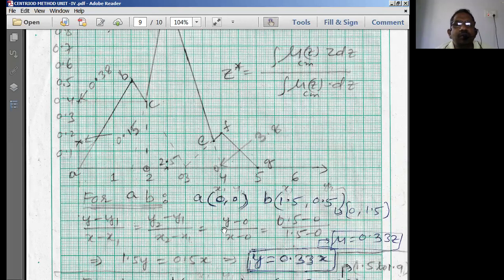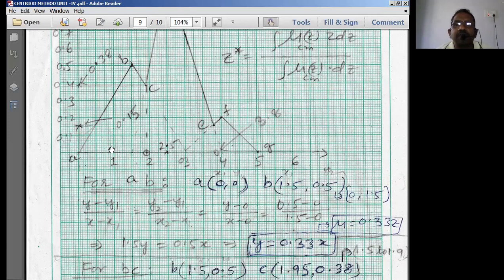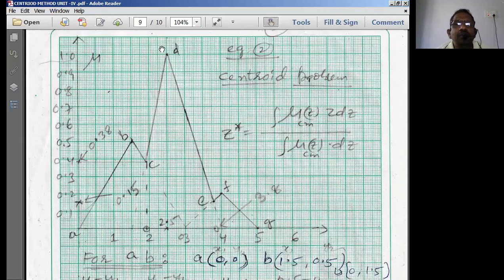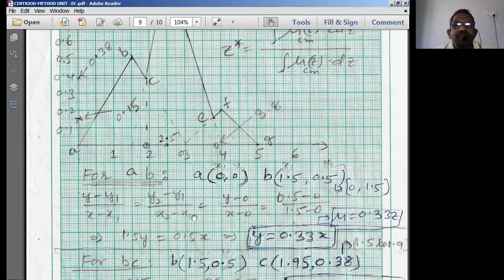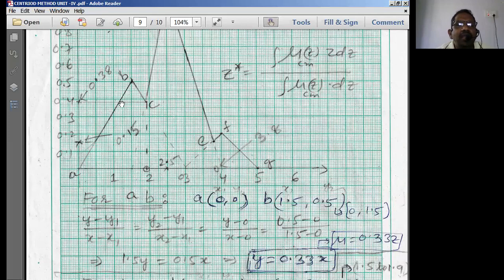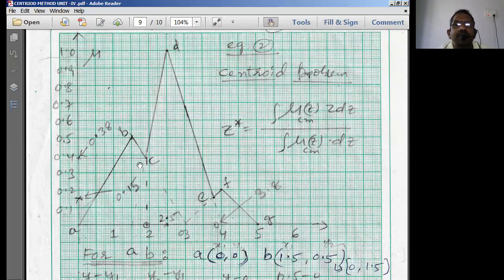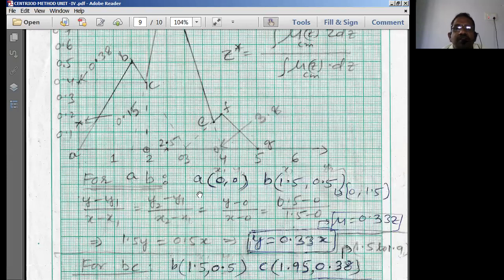So let us start solving for the equations of straight lines for various points. Wherever you don't have constant lines, there you have to solve for the equation of a straight line. If you see carefully, line AB has a slope, BC has a slope, CD has a slope, DE, EF, all these lines have slopes. Therefore, we have to find the equation of straight lines for all these lines between AB, BC, CD, EF and FG.